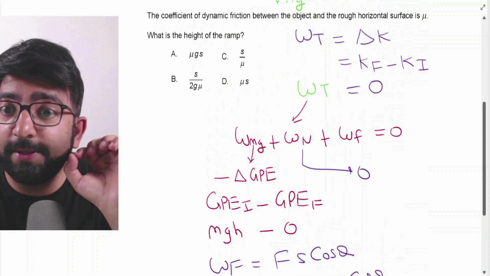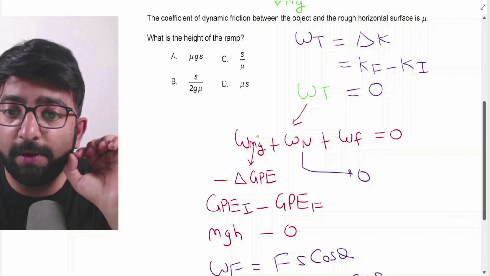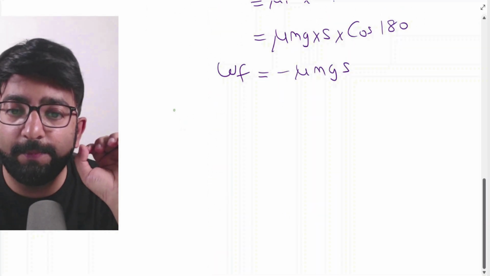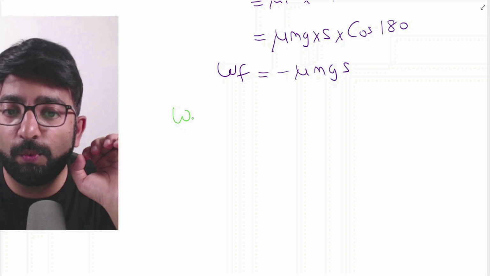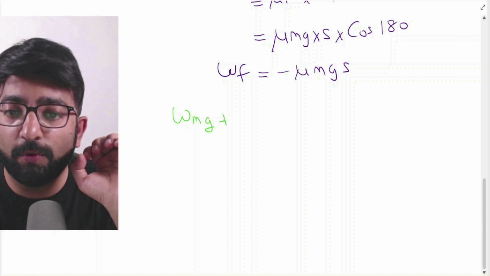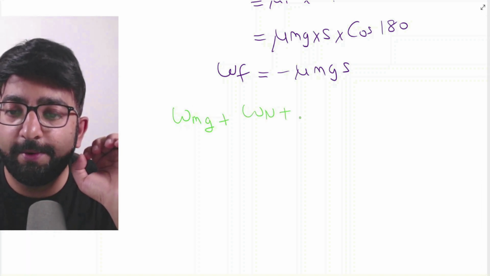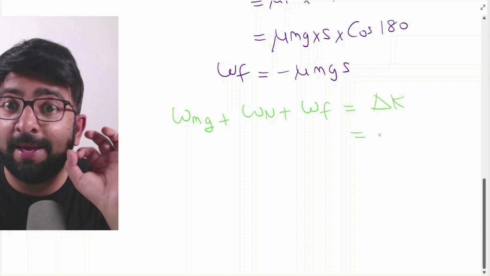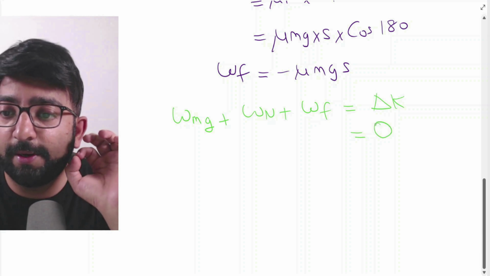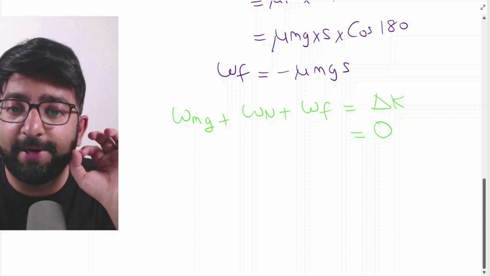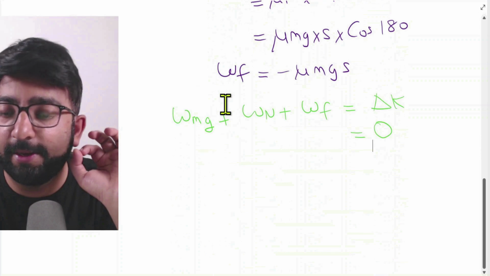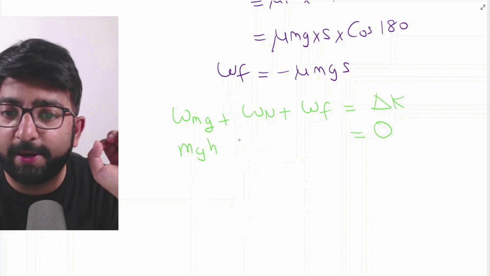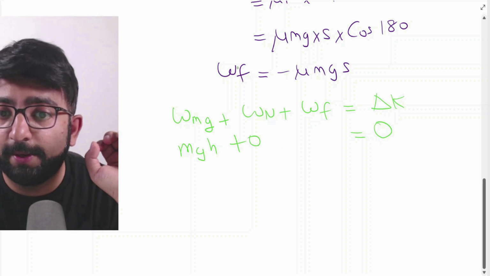Now let us put all the expressions in the work energy principle. In fact, let me write down the entire expression one more time. Work done by gravitational force plus work done by normal reaction plus work done by friction is equal to change in kinetic energy. The delta K we had deduced earlier to be zero. Work done by gravitational force is mgh. Work done by the normal reaction is zero, and